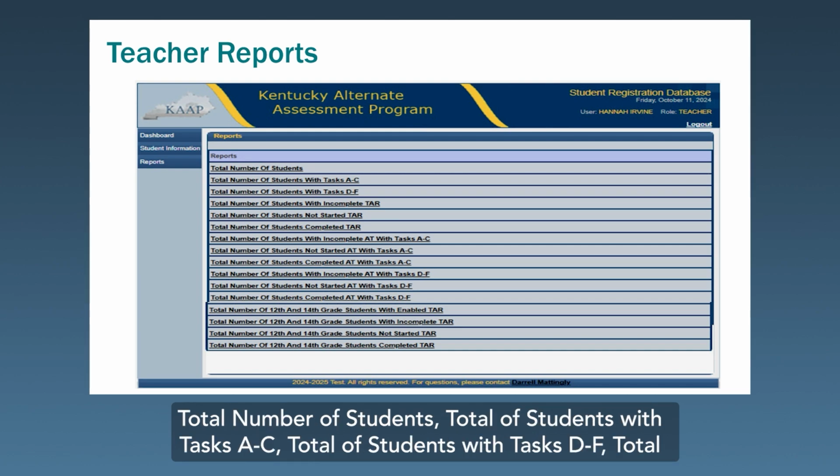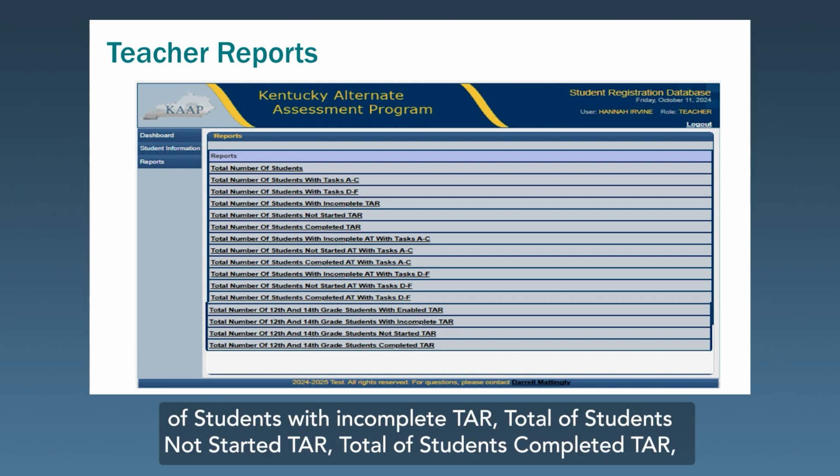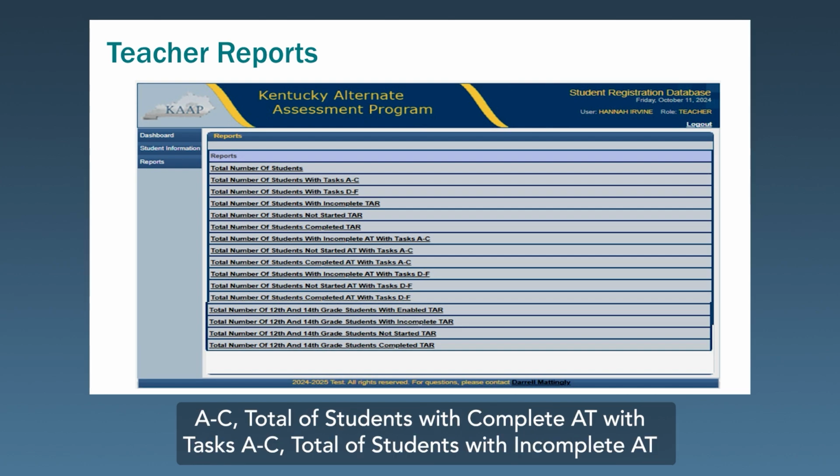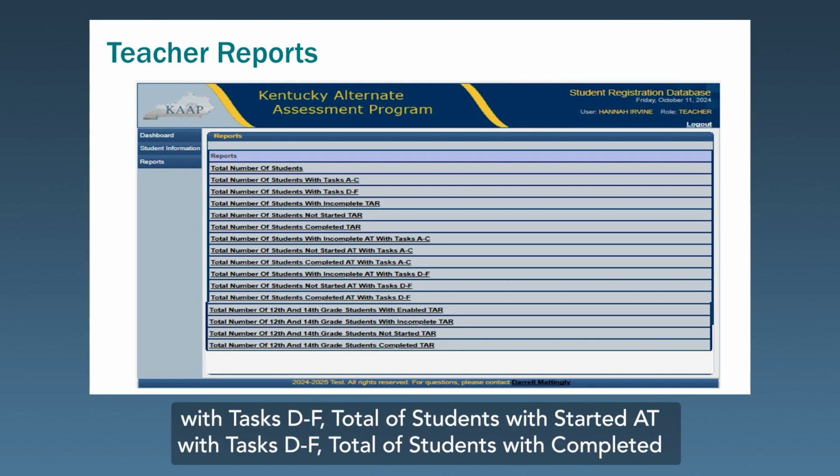The reports are total number of students, total of students with tasks A through C, total of students with tasks D through F, total of students with incomplete TAR, total of students not started TAR, total of students completed TAR, total of students with incomplete AT with tasks A through C, total of students with started AT with tasks A through C, total of students with complete AT with tasks A through C, total of students with incomplete AT with tasks D through F, total of students with started AT with tasks D through F,